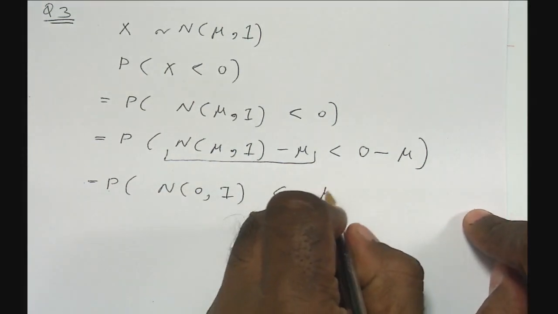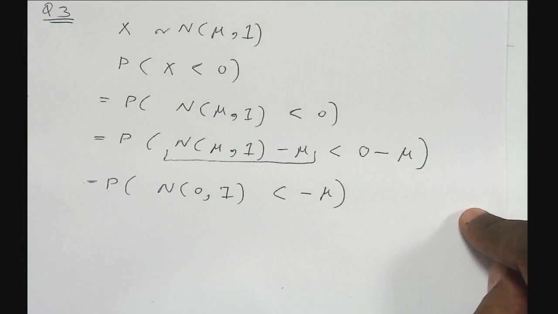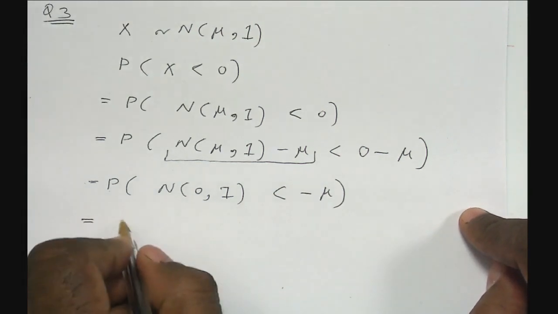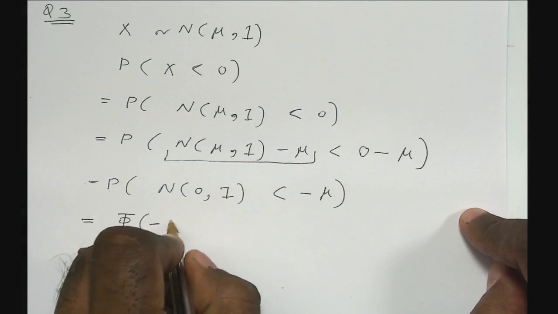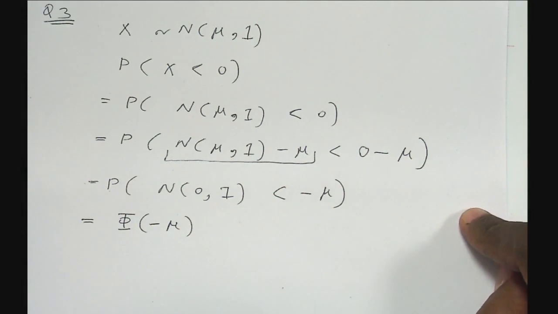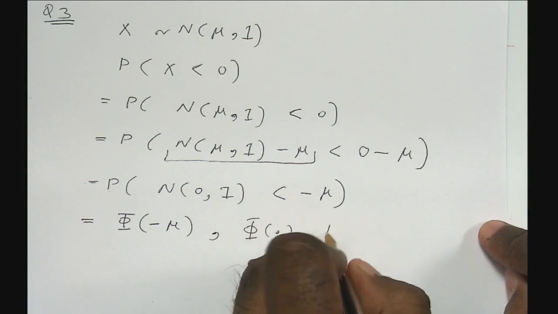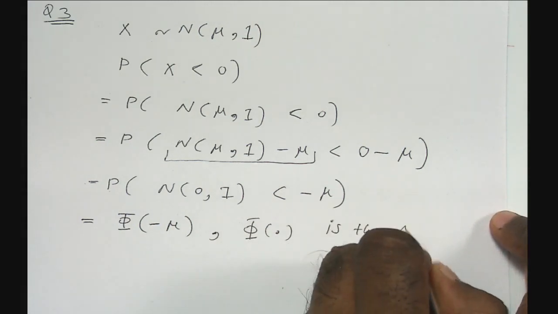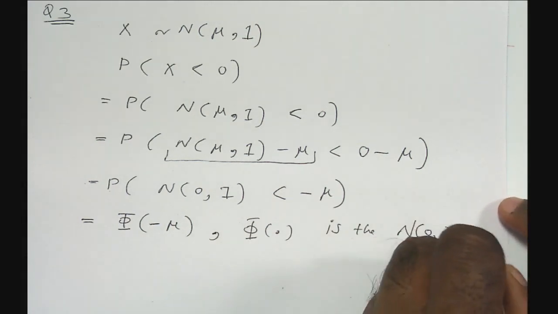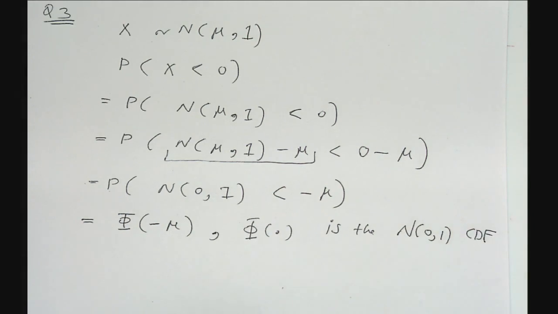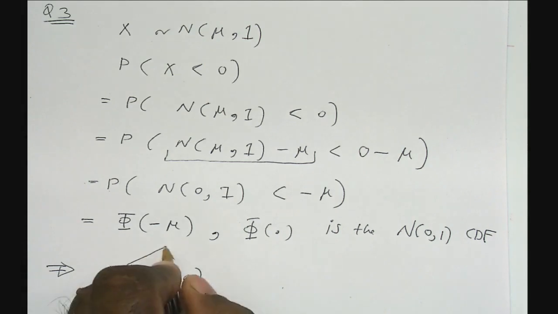And on the right hand side you have minus mu. And this probability is simply phi at minus mu, where capital Phi is the CDF of the standard normal distribution. So what this implies, guys, is that to find the MLE of the probability that x equal to 0,